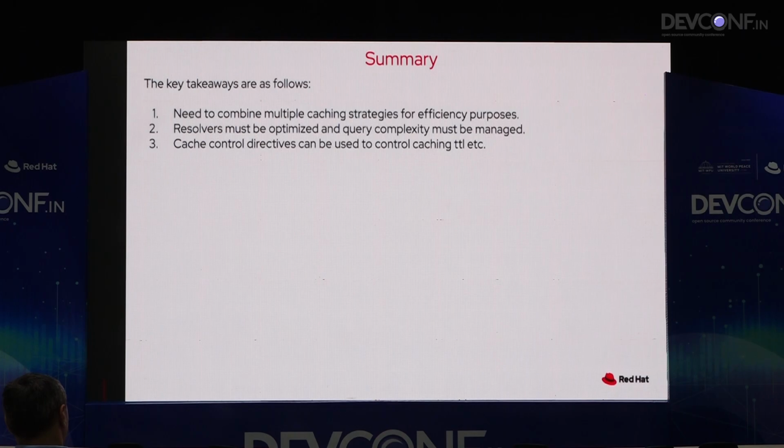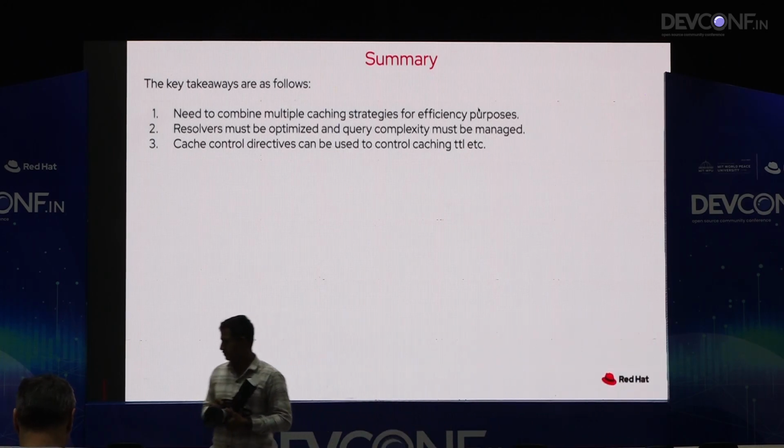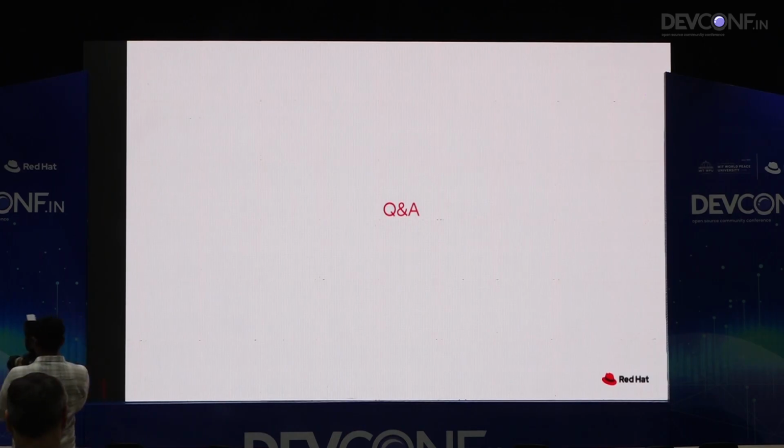And for all the other purposes, entity level caching is a very good approach because it stays in memory and you can have a lot of control over it. You can prevent a lot of network calls to the backend because it's computing everything locally. So that's all. Any questions?